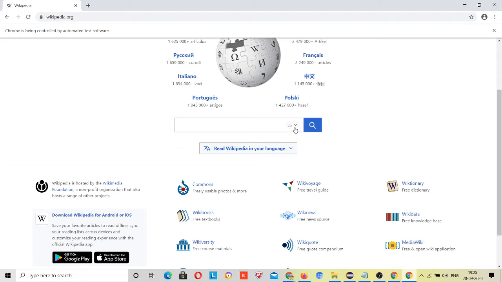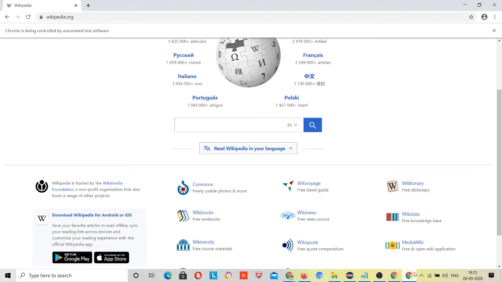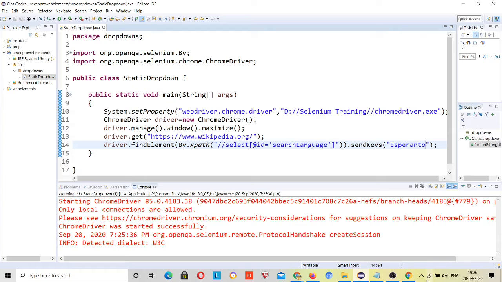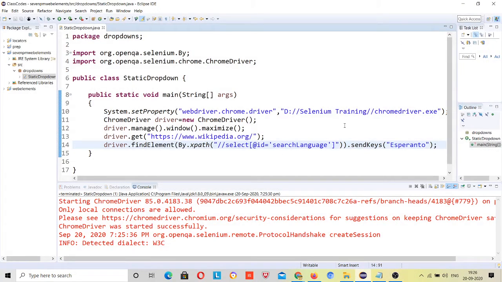See, ESPANOL is selected, but I have sent the keys for something else, right? So now this send keys is not working properly. This might not be the case every time, but sometimes it may be. So it is better to use a Selenium class, that is the Select class for this, right?